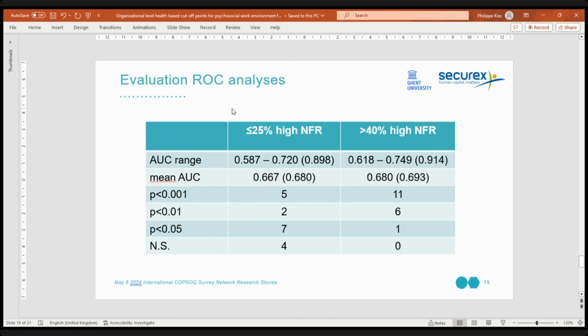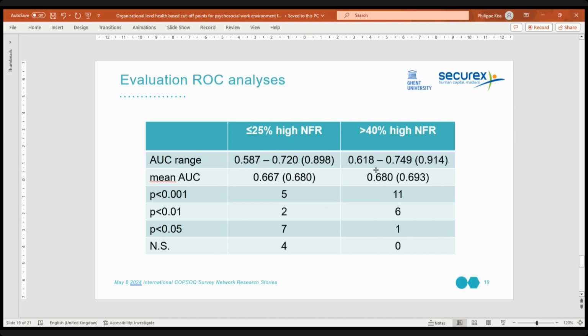We also looked at the evaluation of the ROC analysis. We have here the green group, we have here cutoffs for the red group, the range of areas under the curve. This was quite low for the green group. The value in brackets is the value for burnout, which was really an outlier. Most of the values were in between this range and this range. And the mean area under the curve without the outlier was